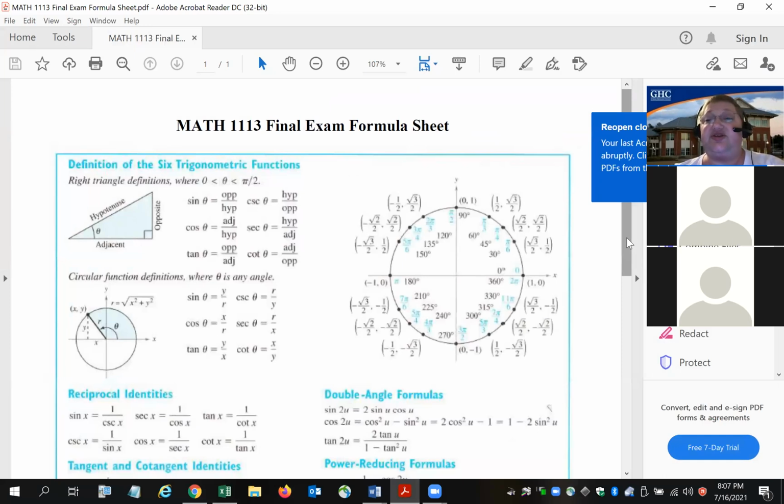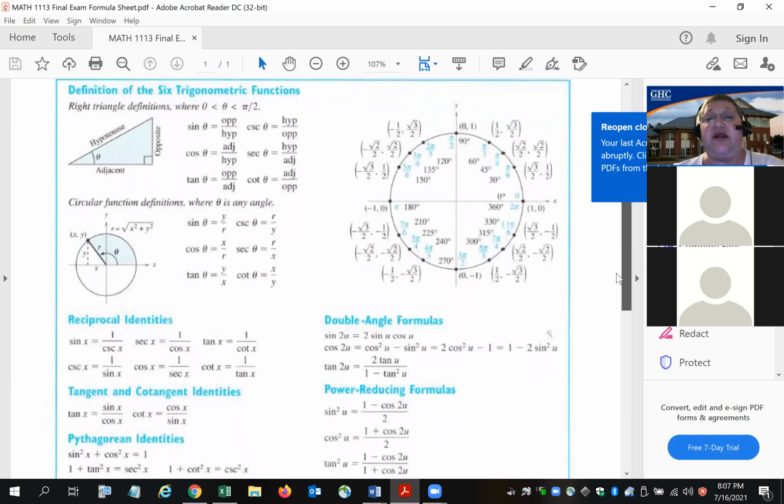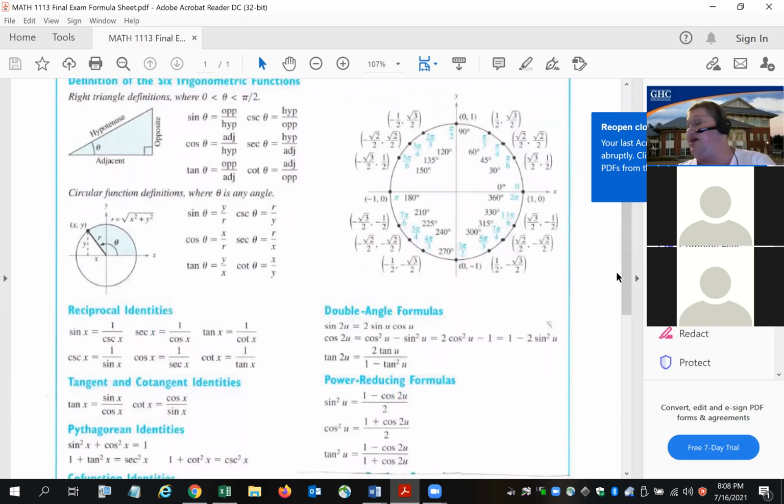This is the formula sheet that's in GoView under the final exam folder. I would strongly recommend that you print it off. Okay, so my tangent, I'm doing a double angle for tangent. My tangent double angle formula is right here on the page. I'm going to copy it down for myself and then take it over